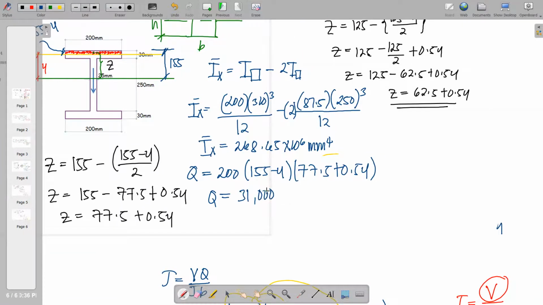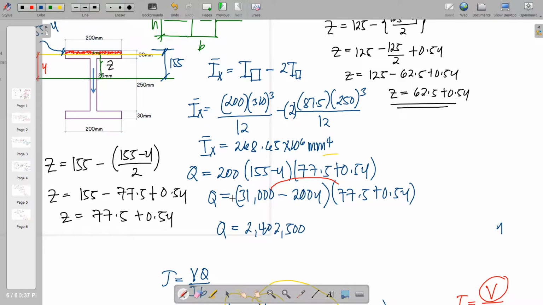So the first term will be 200 times 155, that is 31,000, minus 200y, and then that shall be combined to this term. Okay, so we're going to use the FOIL method. So first, we're going to multiply this. We have